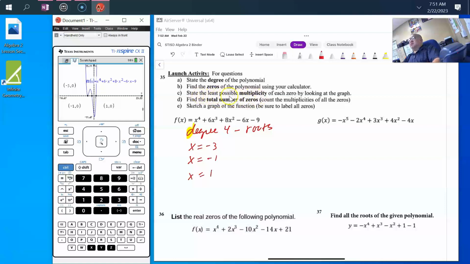State the least possible multiplicities looking at the graph. So here I know that there's going to be one that repeats. Now, sketching the graph, we know that it's going to be quartic. And to sketch it, you can just do this. 1, 2,